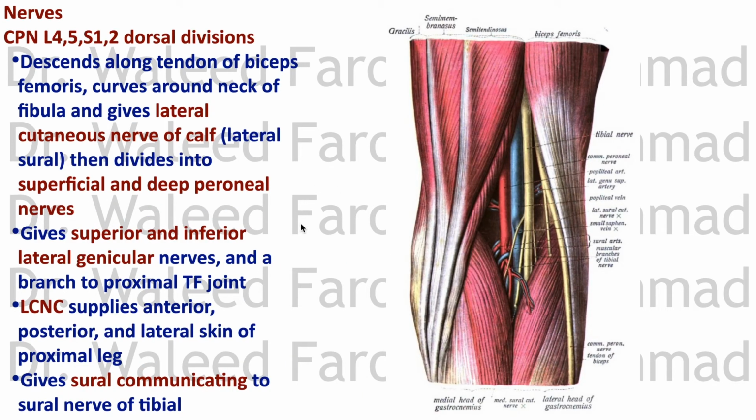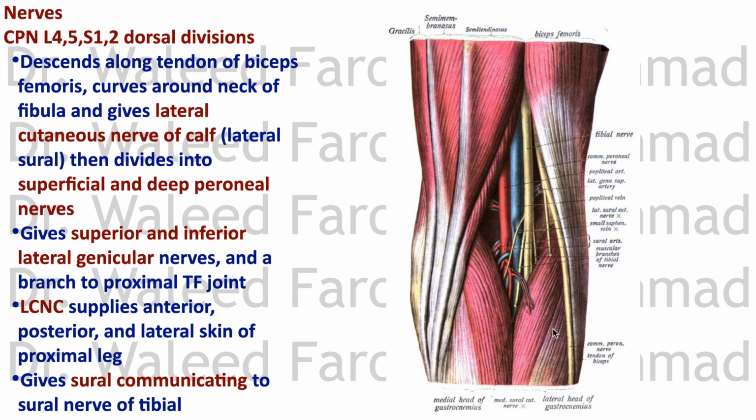Now about the nerves. The common peroneal nerve, remember, was alongside the tendon of the biceps femoris muscle, and then it curves around the neck of the fibula. While there, deep to the peroneus longus, it gives the lateral cutaneous nerve of the calf, which supplies the front, back, and lateral side of the proximal skin of the leg, then divides into superficial